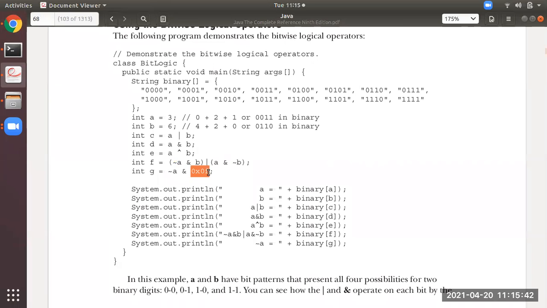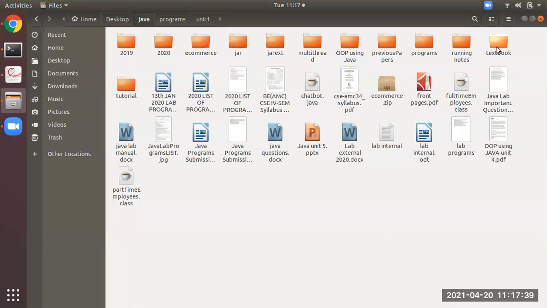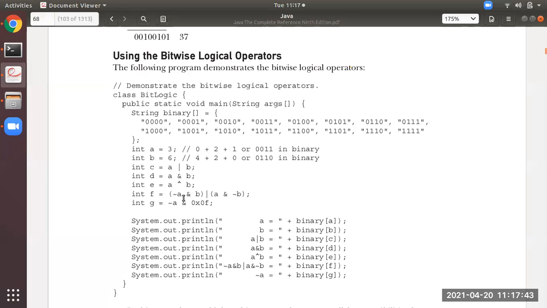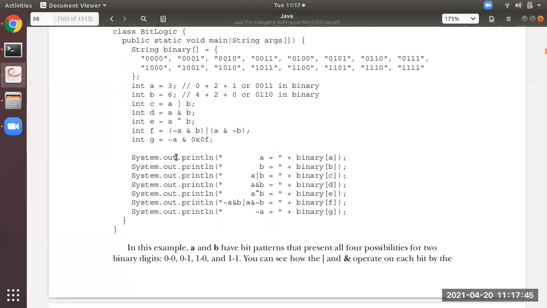This is 15. I hope you all have understood this. What is G? Performing AND operation on 15 and negation of A. Whatever you get, that will be G.